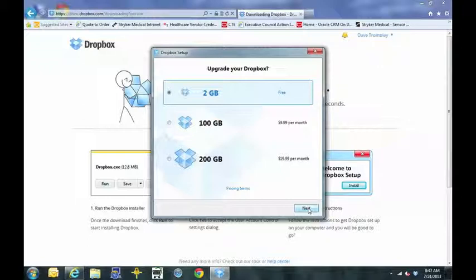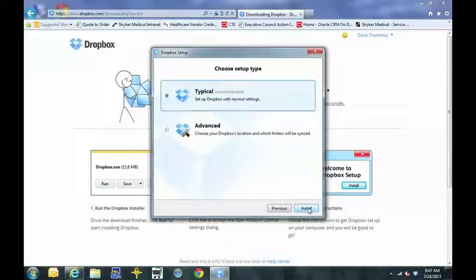So the next screen that comes up, guys, is going to be, what do you want the settings to be? Do you want a 2 gig, 100 gig, or 200 gig storage system? Honestly, for most of us, 2 gigs is going to be just fine. There's no reason to pay any money per month to get a higher rated storage system. 2 gigs should be just fine, especially if it's your Word, Excel files, PDFs, and that sort of thing. So go ahead and just click through that,